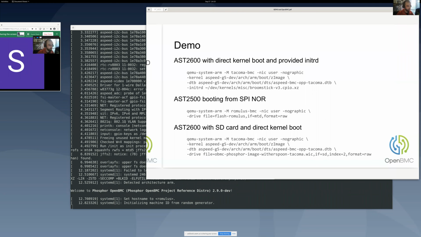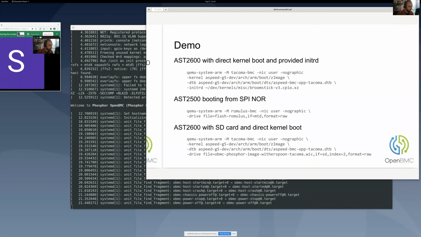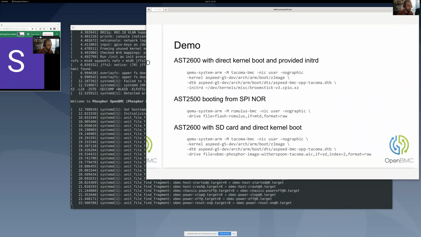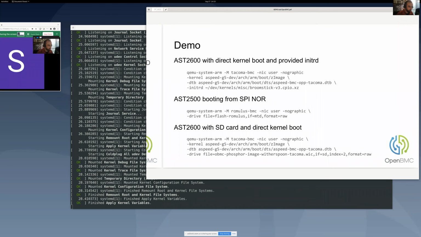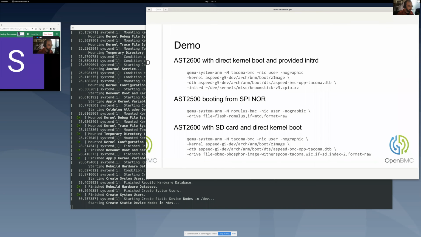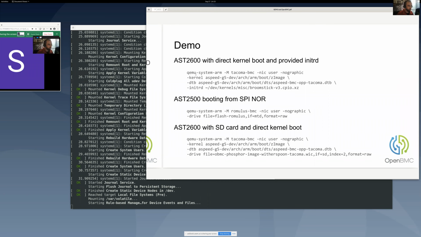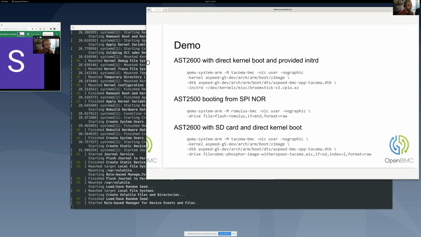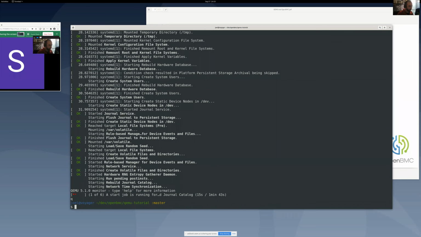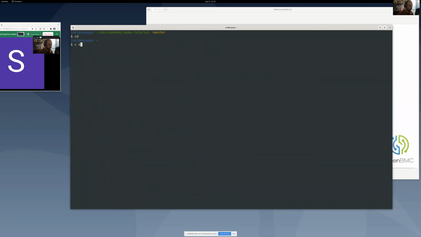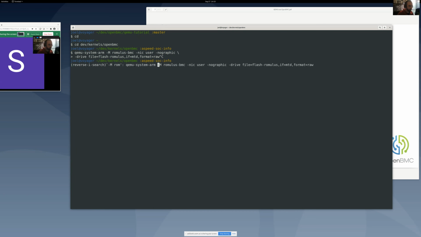That's really useful if you've got a full system image that you've built and you're trying to inspect something inside of it, or you want to copy an application in it and test your new application. I'm a kernel developer though, so lots of the development I do involves building a kernel and testing that against the hardware or the virtualized hardware. So what I will do is go into my OpenBMC kernel development tree, and I'm going to boot